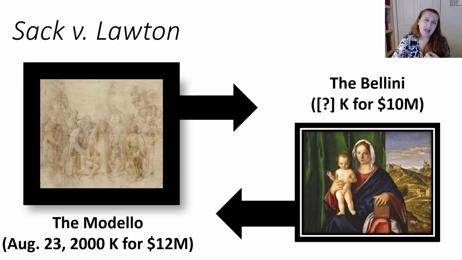Things like out-of-pocket expenses, stopping delivery on a painting, getting the painting back, caring for it. Those sort of things might be compensable. But keep in mind, if the plaintiff, as she does, wins here on an action for the price, once she gets the price, she has to give the goods to the buyer.